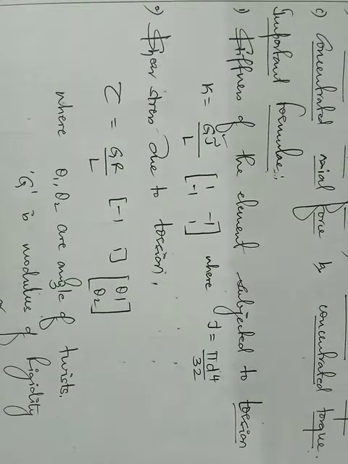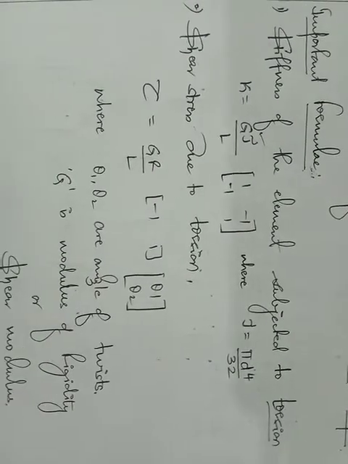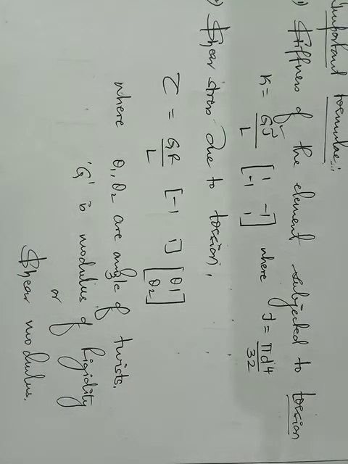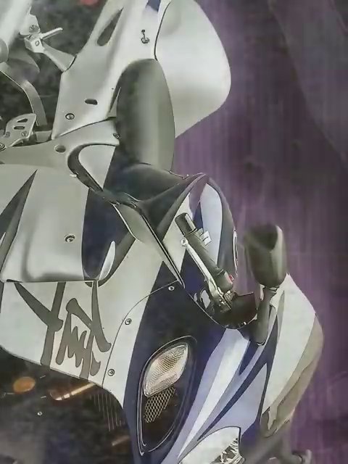In the problem of torsion of shafts we will mostly be finding these angles of twist and shear stresses. How we are going to do that is what we will look at further. G is called the modulus of rigidity or shear modulus. So directly we'll be starting with a problem.